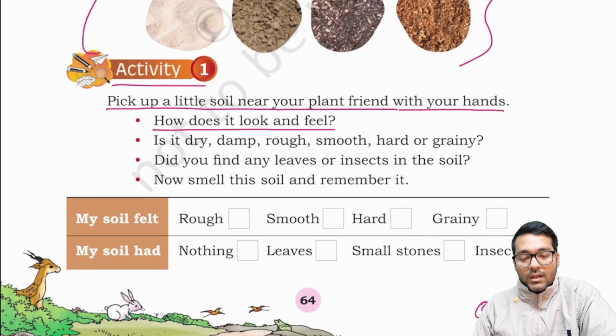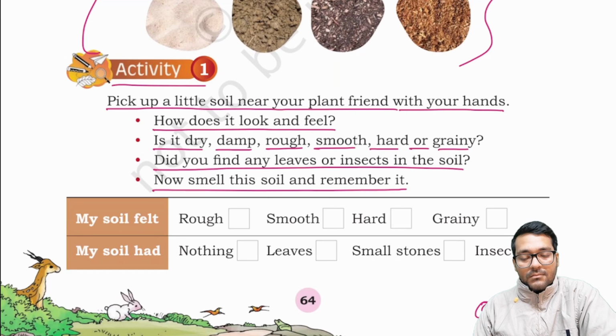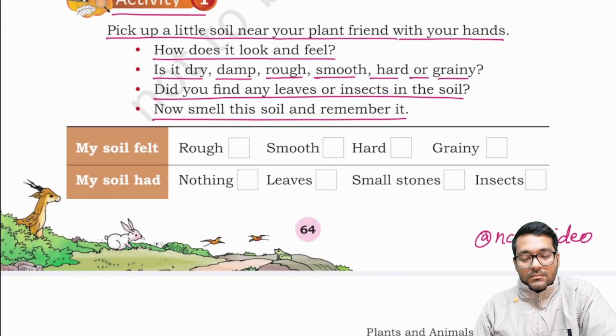How does it look and feel? Is it dry, damp, rough, smooth, hard, or grainy? Did you find any leaves or insects in the soil? Now smell this soil and remember it. My soil felt rough, smooth, hard, grainy. My soil had nothing, leaves, small stones, insects.